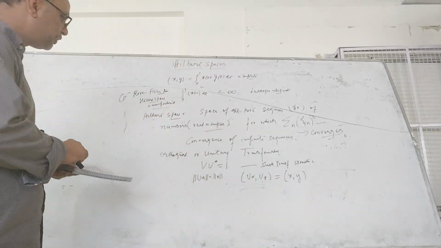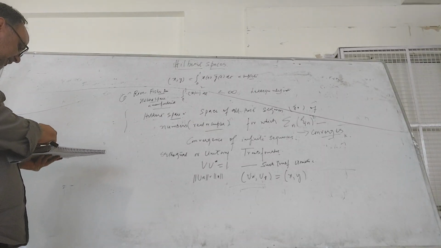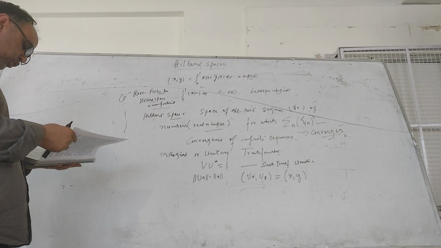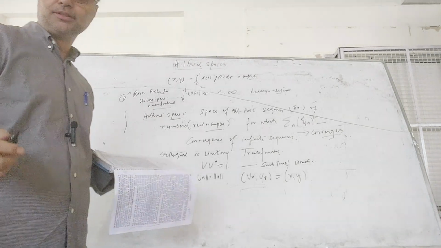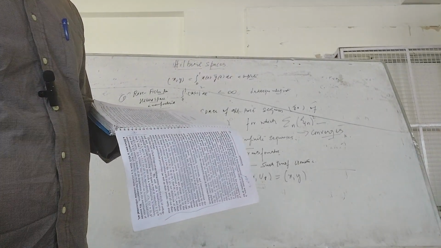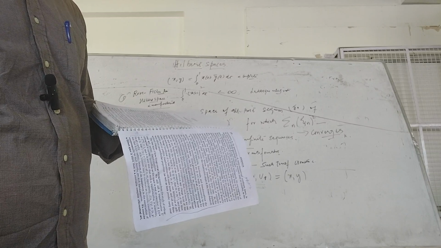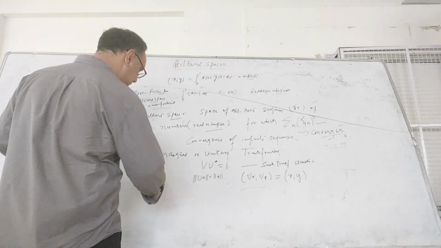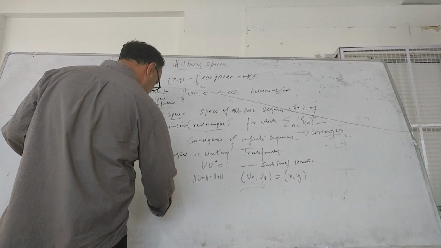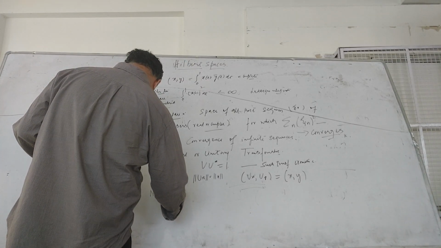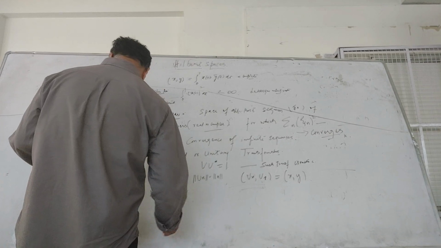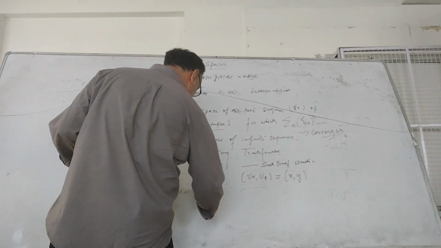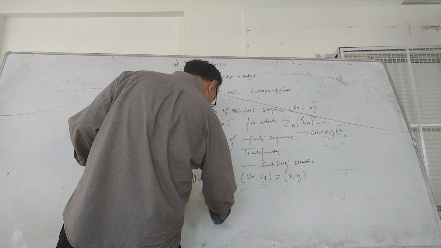If we define isometric operations this way, what is the problem? So now we consider a Hilbert space